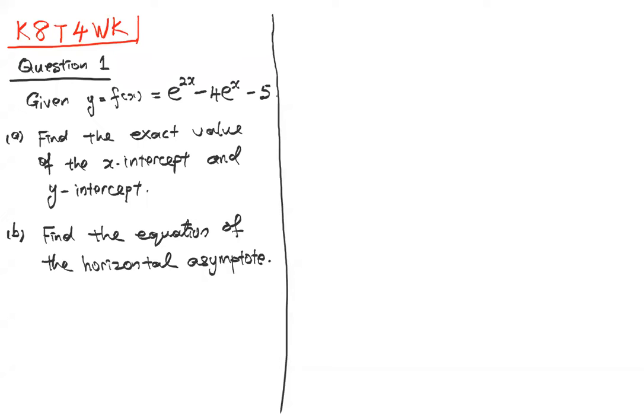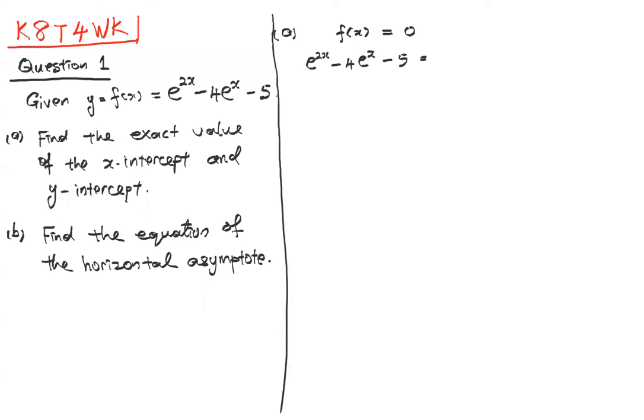Any of you have problem of finding the x-intercept, correct? Okay, so that is the purpose of me setting this question. So for part A, if I want to find the x-intercept, I have to put f(x) equal to 0, which means e to the power of 2x minus 4 e to the power x minus 5